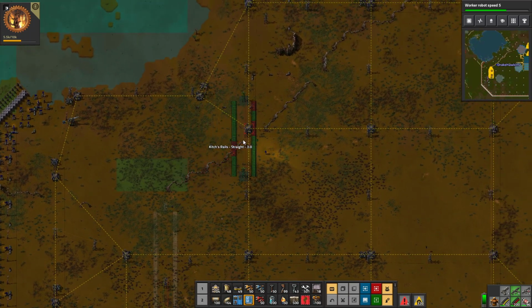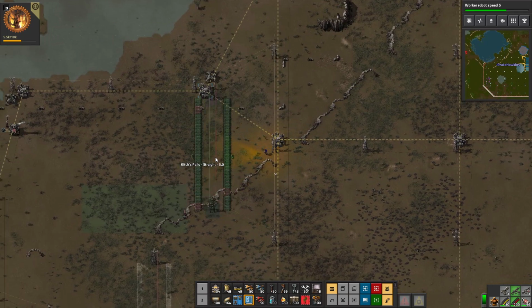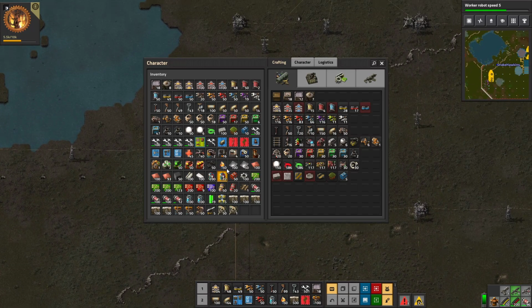We're going to have to dodge these pipes, or we can make the pipes dodge us. I want this on this side. I want the pipes to go...